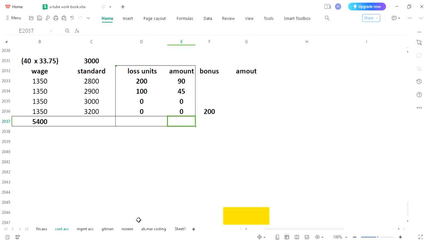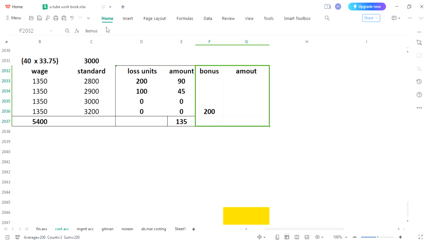Total loss now we can calculate. How much? First was 90 and then you need to add 45. So this way total loss has been calculated and total wage is also calculated. Next step is to see how much bonus we can have. Amount of bonus would be calculated over here, and this part would be a separate portion where you will calculate